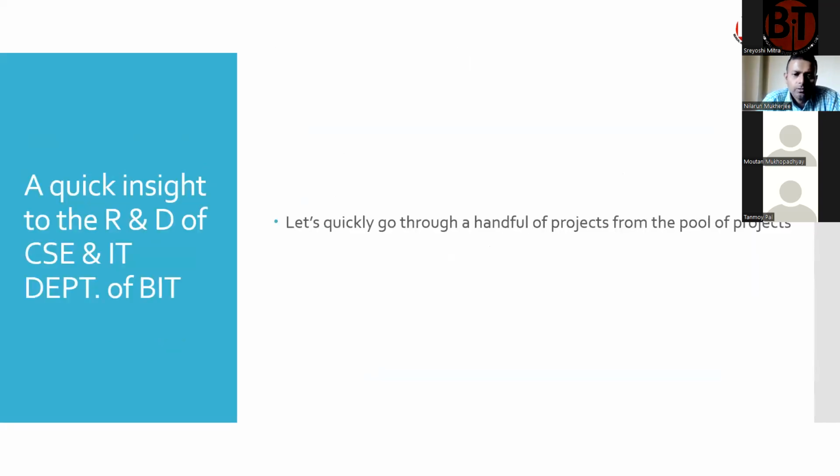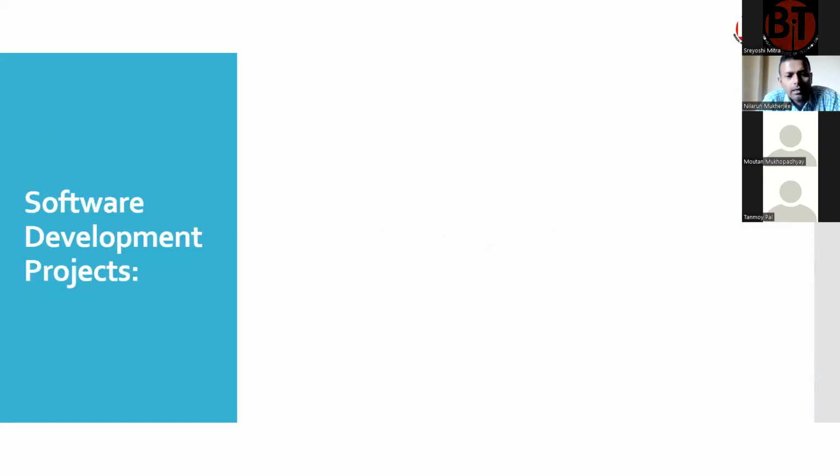So what we do, let's quickly go through a handful of projects from the pool of projects. When I started, there were so many projects, what to pick and what not to pick, there was a dilemma. So I picked just the current academic year that has been going. So in the last year, I have seen that there are some full stack development projects and Java full stack development, and then the Android